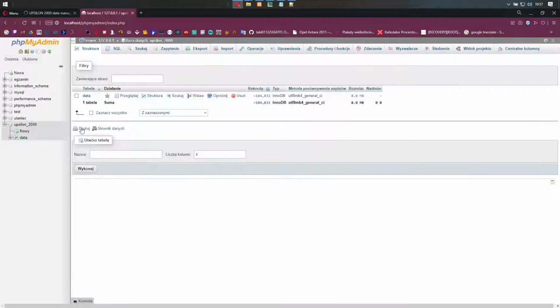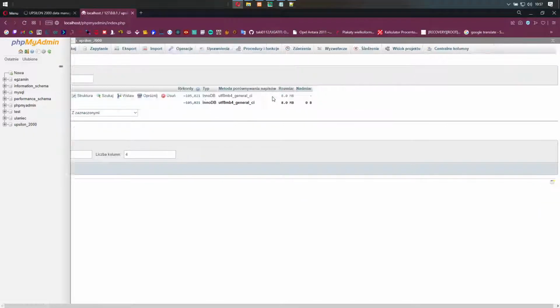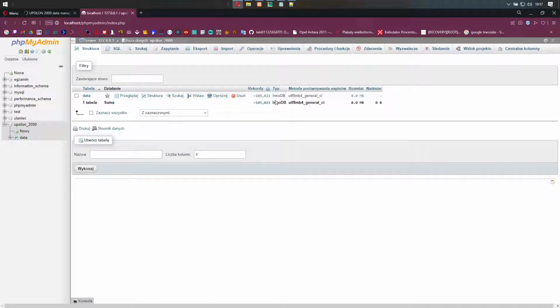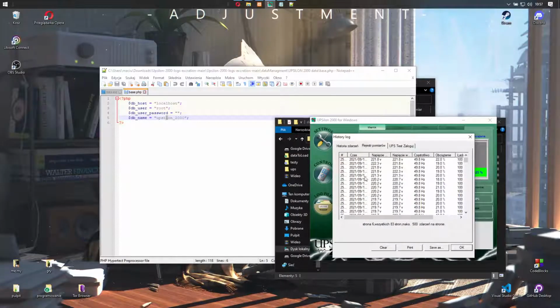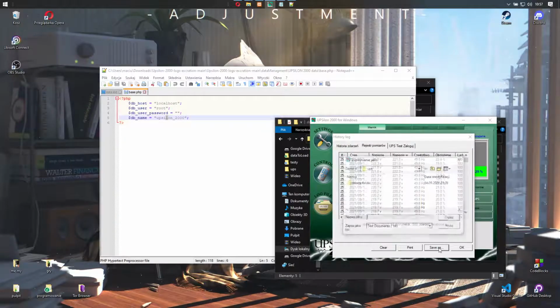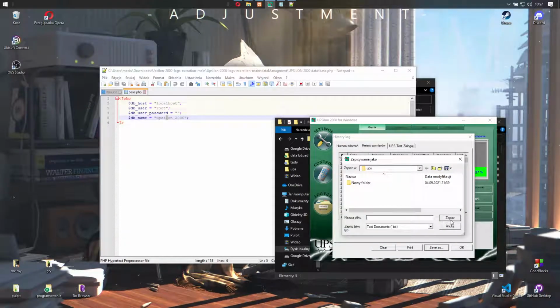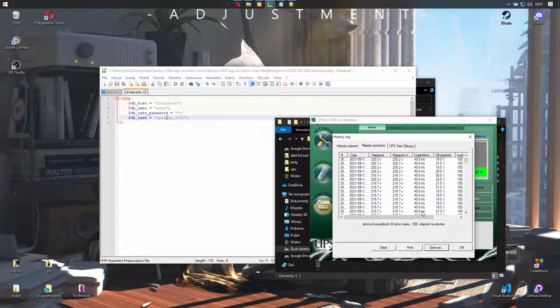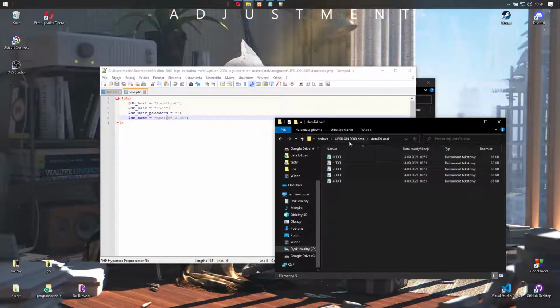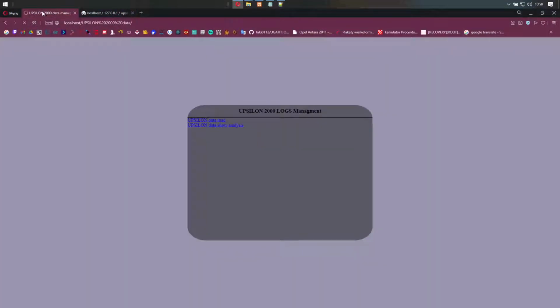If I go to my UPSILON 2000 and press F5, you can see this number is rising because of course my data is being loaded. So yeah, now it's in the database. So you have extracted your logs from UPSILON 2000 without clicking 100 times, getting tired and just going to sleep. You automatically download it. You automatically put it in the database, and